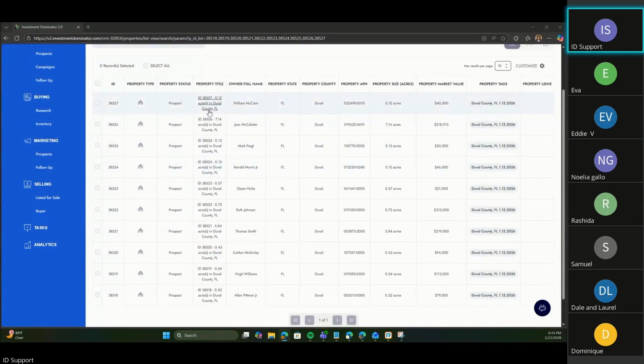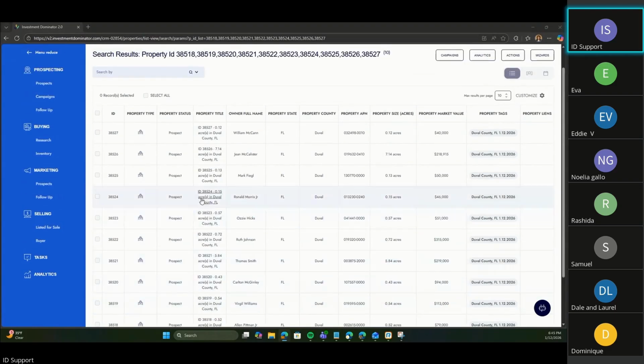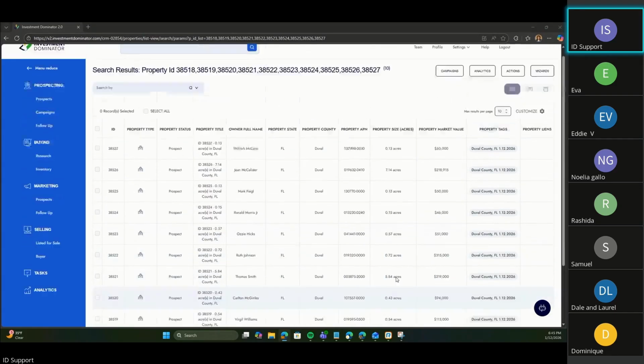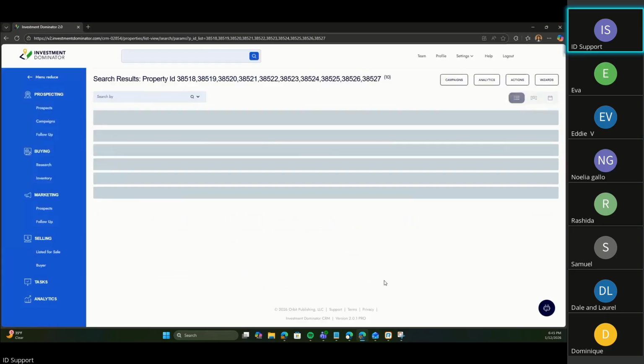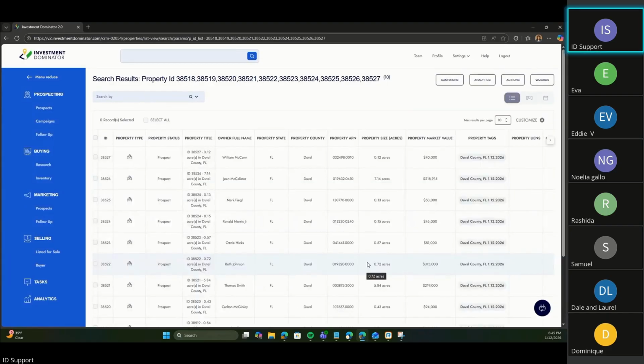So that is something that you can actually add to your columns. If you don't see something in your columns and you'd like to see it, you can go through customize and add it from here. So if I decide to add owner ID, reference number, save, that will bring in that column.